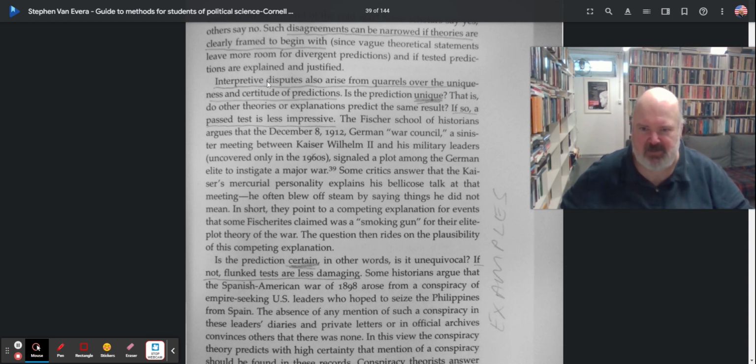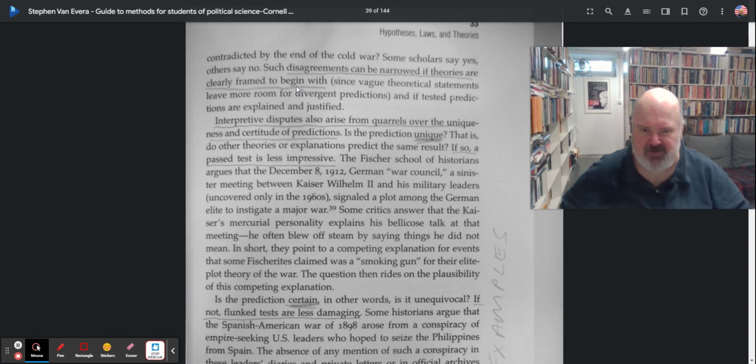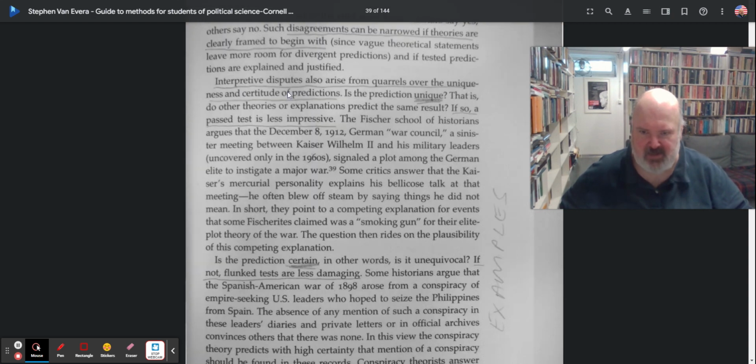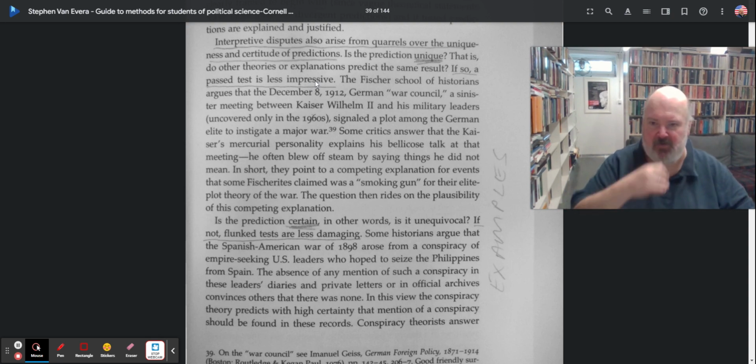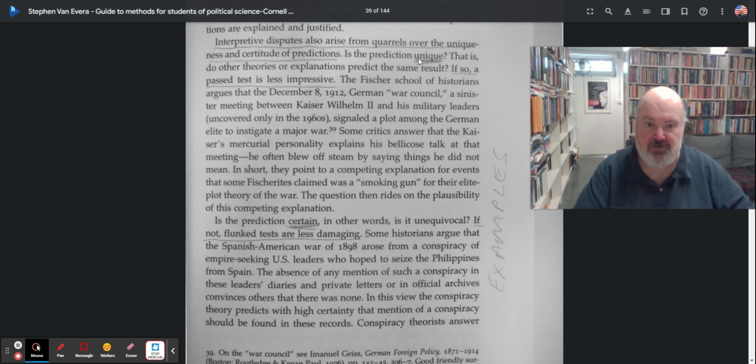So, in other words, one interpretive question is whether our definitions are clear, whether our theories are clearly framed to begin with, and whether their tested predictions are explained and justified. In other words, this is one way. The second way is, interpretive disputes arise from what? Disputes over the uniqueness and certitude of predictions. Is the prediction unique? That is, do other theories or other explanations predict the same results? If so, a theory test is less impressive,